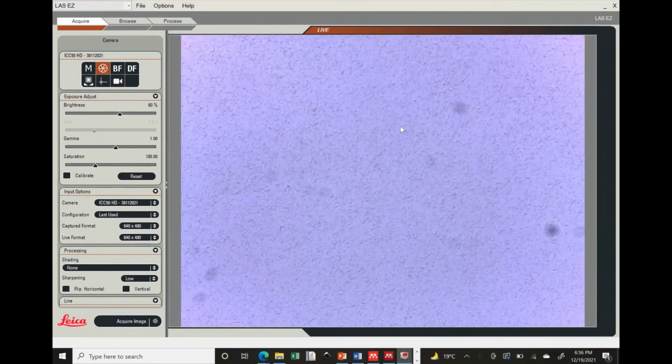This is the image that is obtained from the bright field illumination, where the background appears bright. However, the sample or the particle of interest appears darker. Now, as I have already shown, we are going to put the polarizer which is able to rotate, and then we'll see how the image will look.